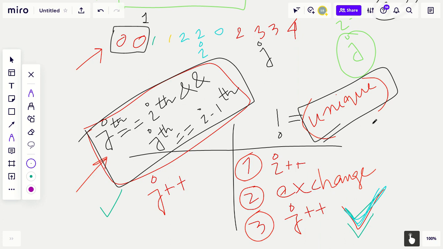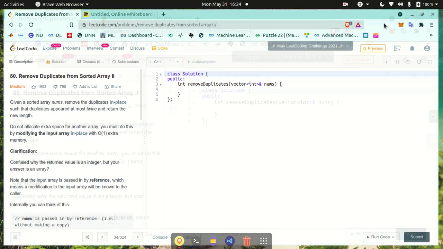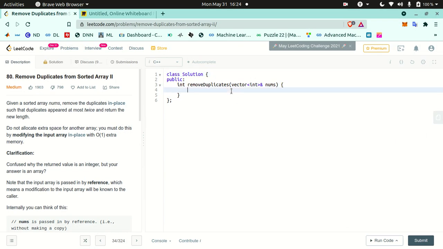So let's see that in practice in code. Welcome to LeetCode. First thing first, if the size of the array is less than 3, then we need not bother about anything, because if the array length is 2, we need not change anything.